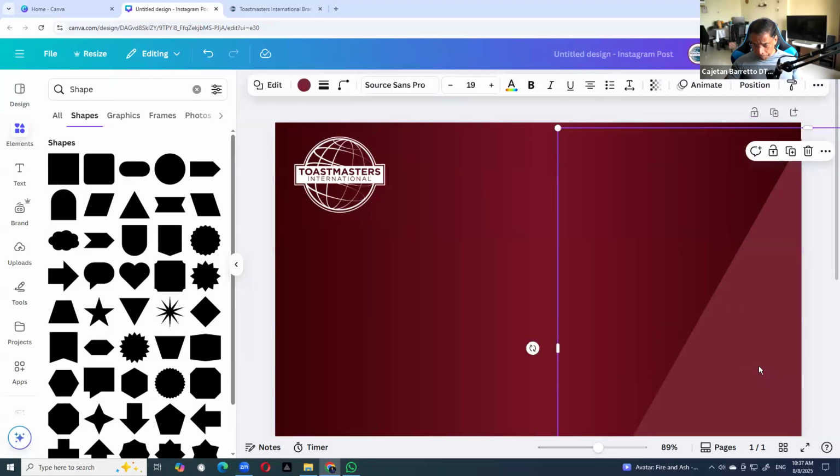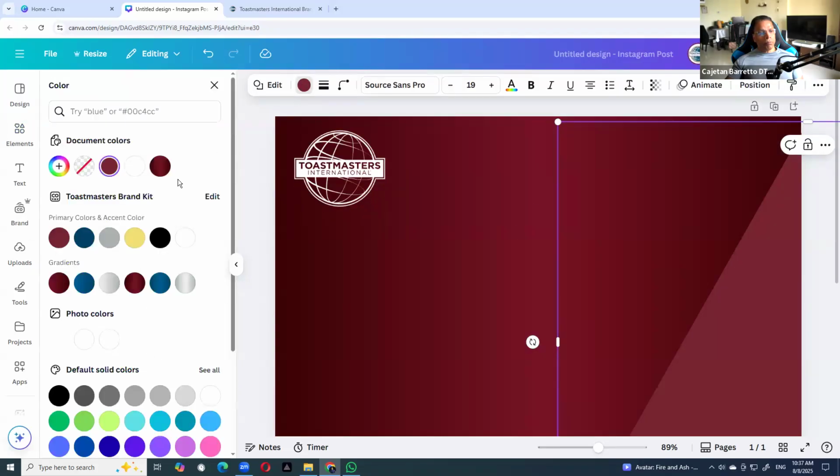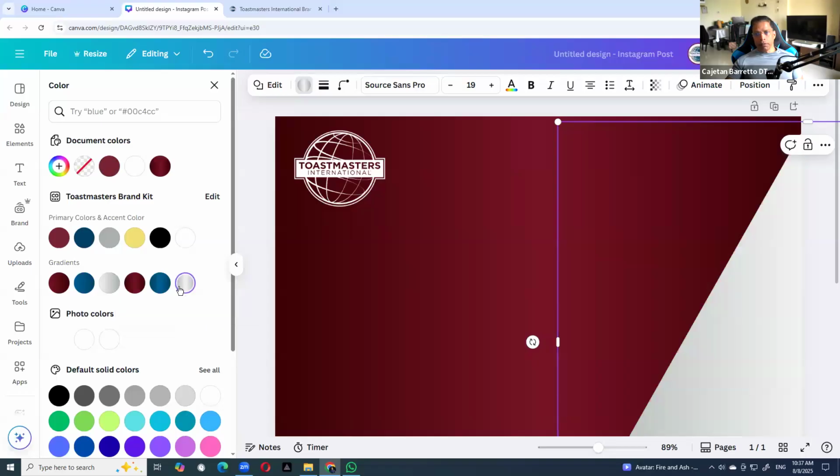And each shape can then have a solid color from the Toastmasters brand manual or a gradient from the Toastmasters brand manual. So if I was to use, for example, this shape, I use, let's say, a linear gradient. No, doesn't look nice. Maybe yellow, gray.